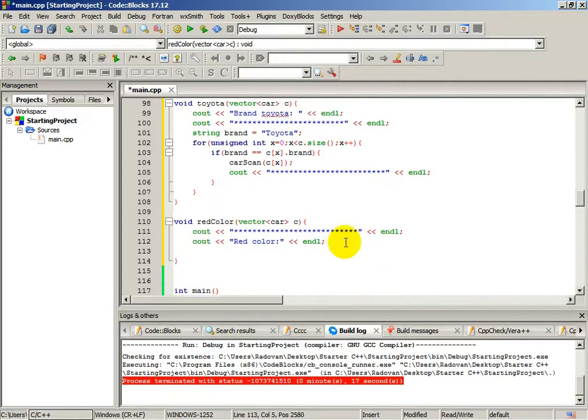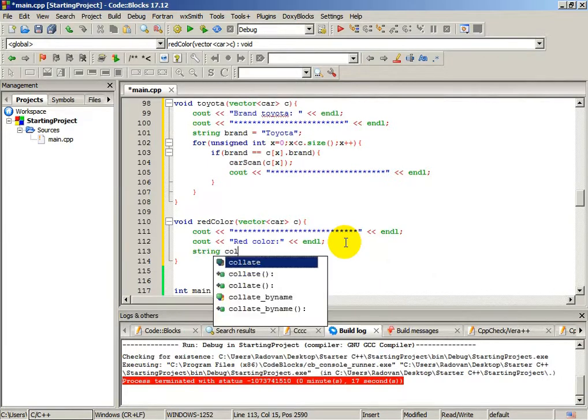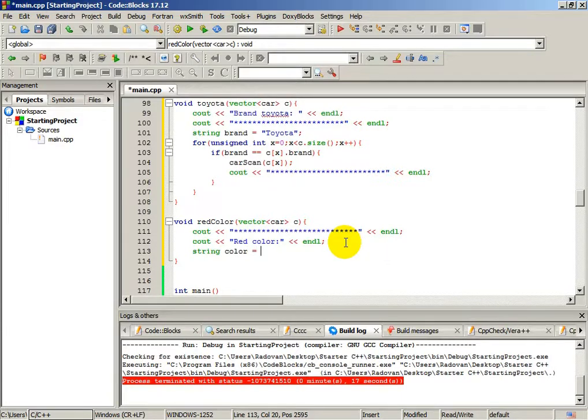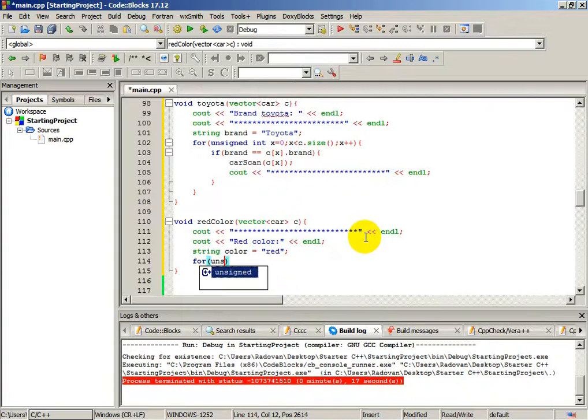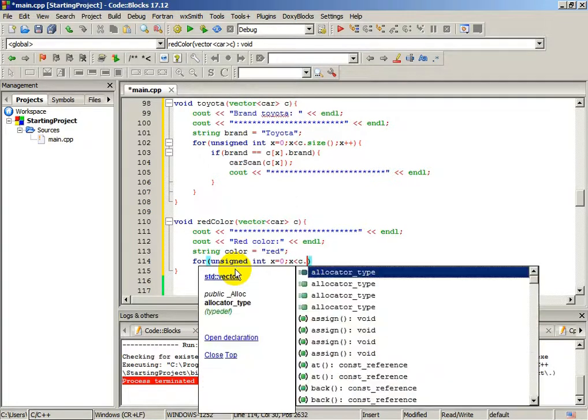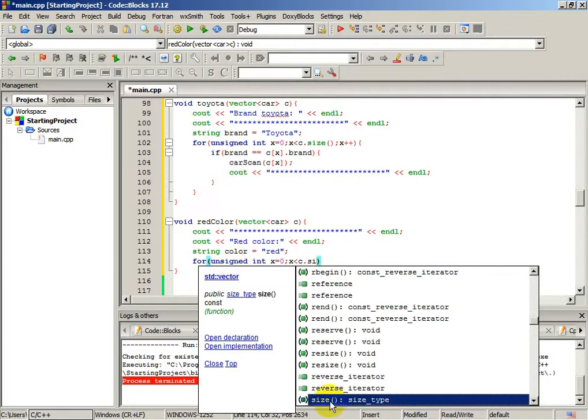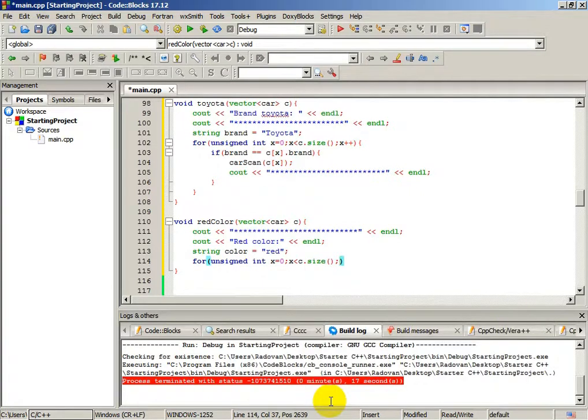And we will need variables again. It will be a string, and it can be color equals red. This is just a local variable. And let's create a for loop for unsigned integer x equals 0. X will be less than c dot size, and we will need x plus plus,